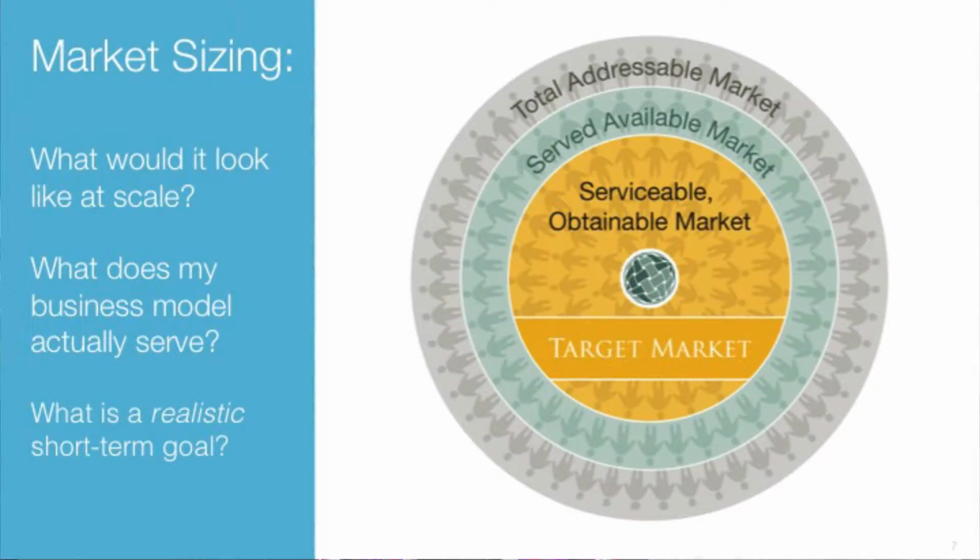And finally, then we also talk about your target market. So basically, how many people can you realistically reach in the next 3 to 5 years? So that's your target market. So when you're talking to investors, you talk about your total addressable market, and then they'll also want to be able to see what you think you can realistically achieve over the course of the next 3 to 5 years, and that's your target market.